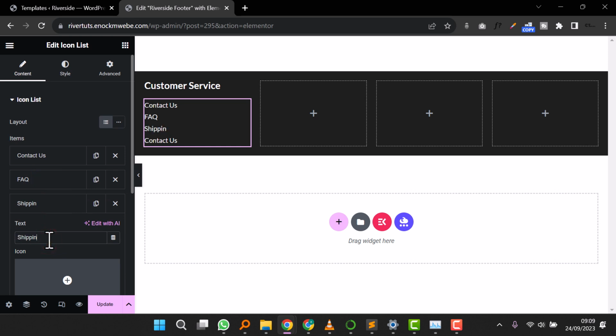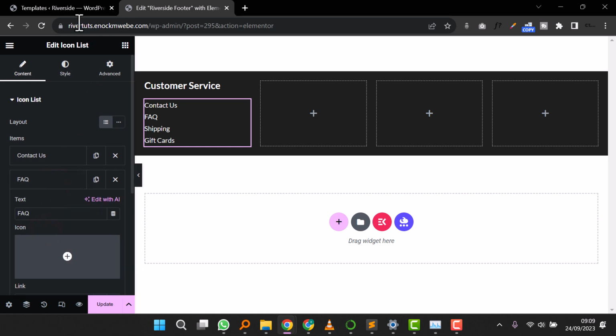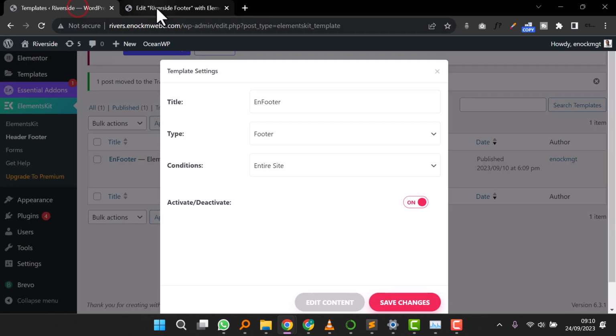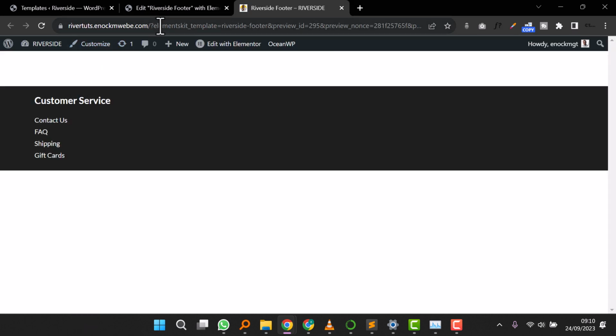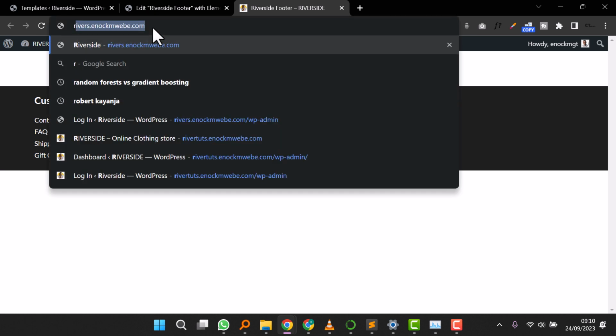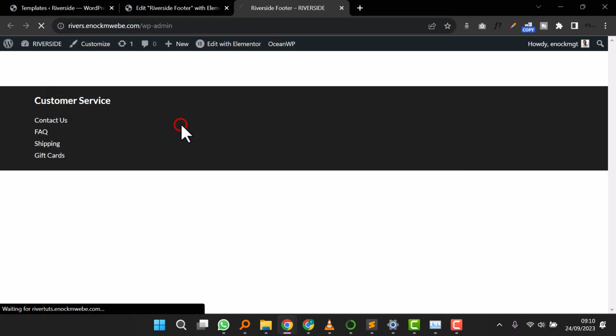Then to something like gift card, something like that. Gift card, you guys get the idea. So if you have pages, for example, the FAQ page, if I'm to quickly jump out of here, if I'm to preview the changes, let's head back to our dashboard, and